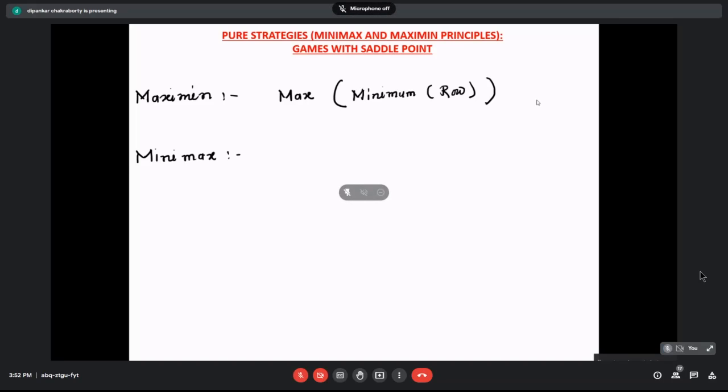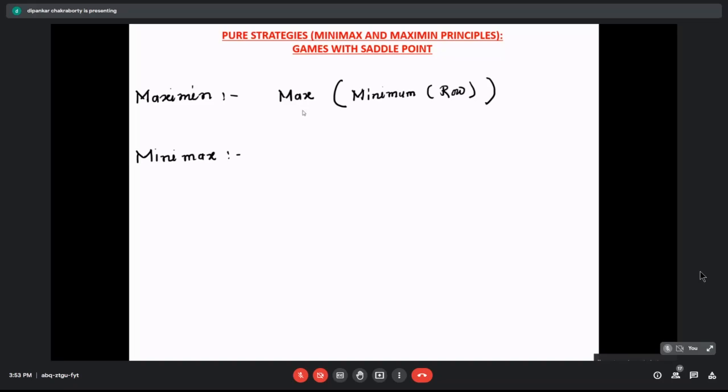What is the thinking point from A? He's trying to get the minimum amount he can get, and that way he first takes the minimum of all those. So minimum of all those means what? Basically, B will try to get all those values and negotiate with A over those points, and then A will try to get the maximum from all those. Similarly, what will be the point of view from B?